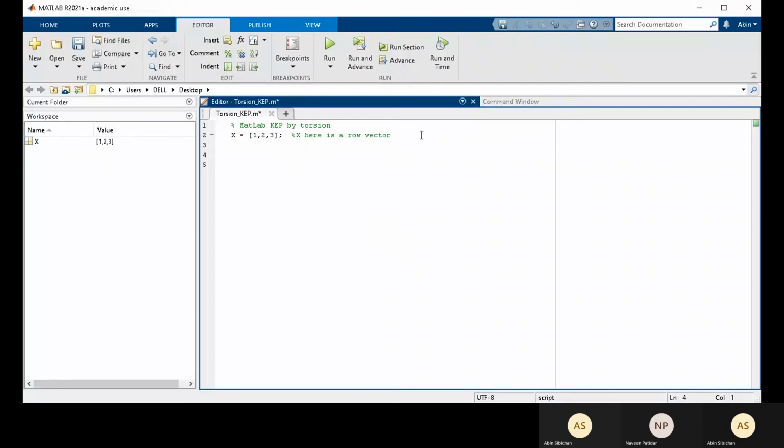Now another use of percentage: a double percentage includes a new section in MATLAB. Suppose naming variable is a section. I'm giving a variable name, and I'll add a comment.